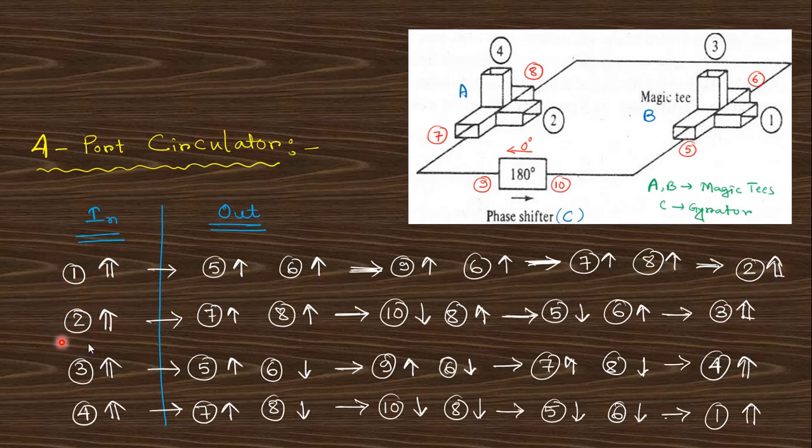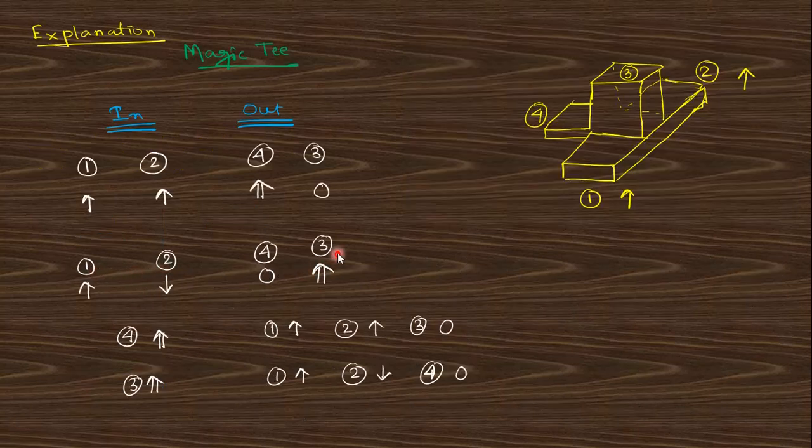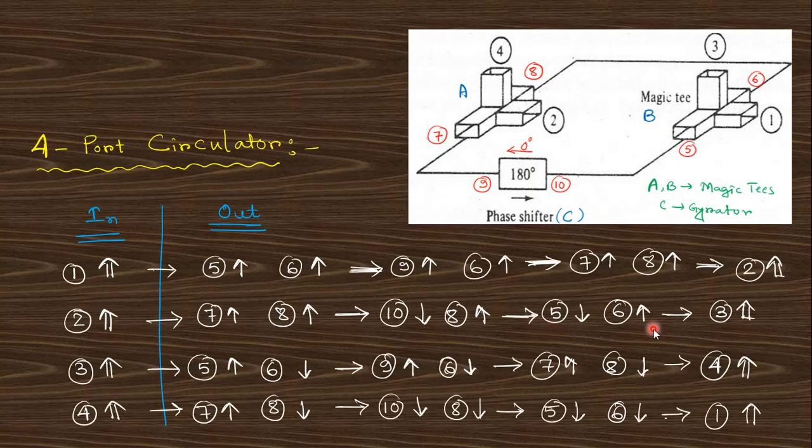Now if we put input into 2, 7 and 8 are at the same phase, and this 7 comes from this point to that point, there is 180 degrees. So this is a 180 degree phase change, that means in the opposite direction, and 8 will be the same. That means they are oppositely directed inputs. If these are opposite, you can see the output from port 3. So input 1, output 2; input 2, output 3.